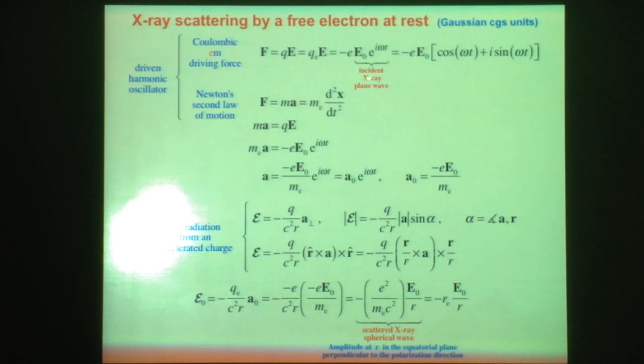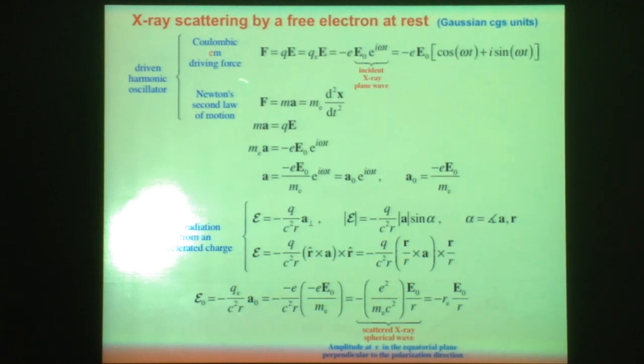incoming electromagnetic radiation wave. Okay, so here is an expression for the X-ray plane wave incident on the electron, which we can, of course, rewrite as the cosine omega t plus i sine omega t, either as the complex exponential, or as the cosine plus i sine number. Well, that force on the electron, coming as a result of the electromagnetic radiation oscillation, of the incident X-ray